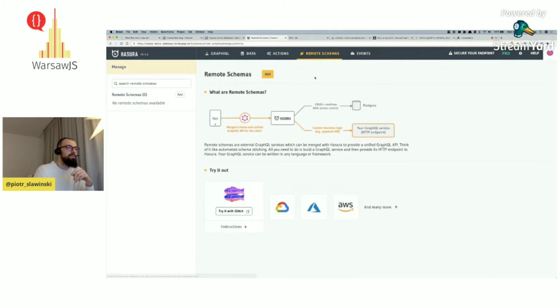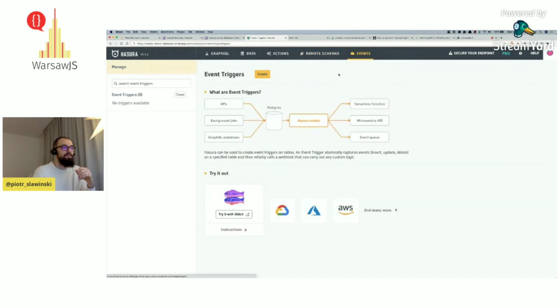We have remote schemas, which is a way to utilize your already existing GraphQL services, or maybe implementing some payment APIs, as this nice graph shows, and also events, which are triggered by a particular action on your data, like inserting, updating, or deleting your data.